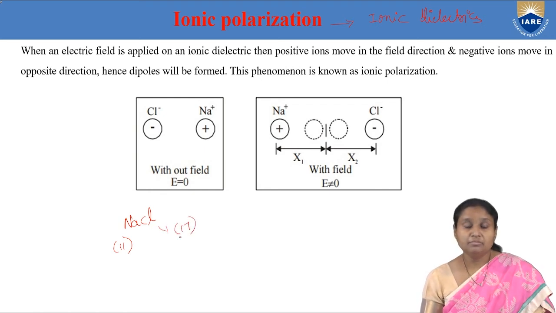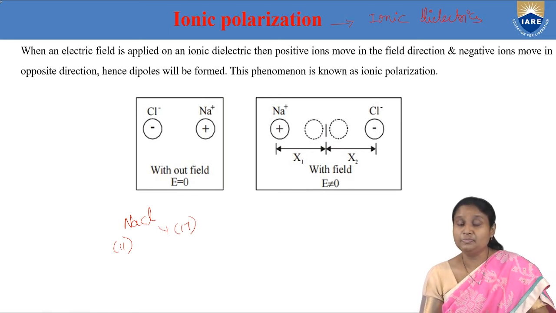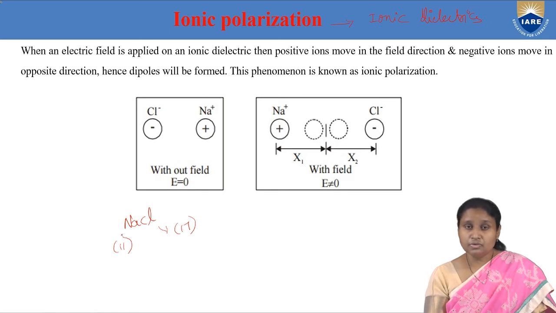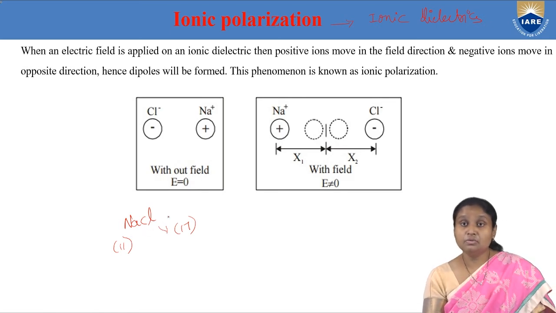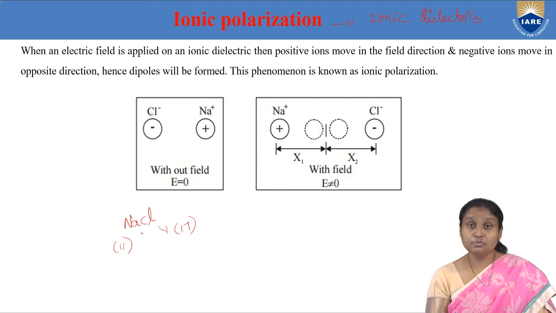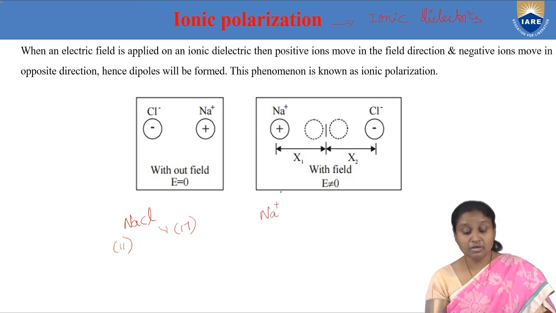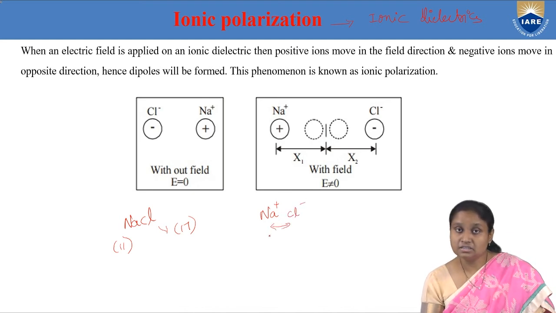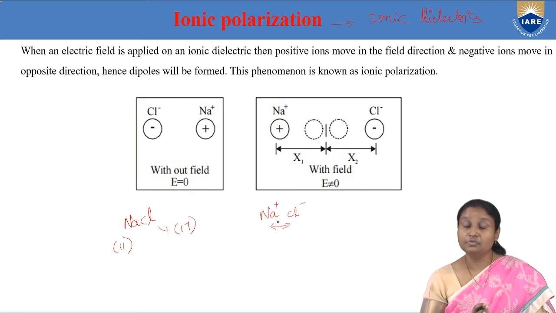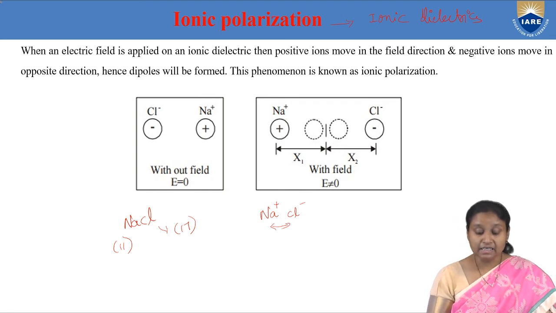We know that the sodium atom is ready to lose its one electron in order to gain stability, whereas the chlorine atom is ready to accept one electron in order to gain stability. So the sodium atom is called an electropositive atom, and the chlorine atom is called an electronegative atom. Because of transfer of electron from sodium to chlorine, sodium becomes a positively charged ion and chlorine becomes a negatively charged ion. Because we have two oppositely charged ions, a strong attractive force brings them together and they form an ionic bond.